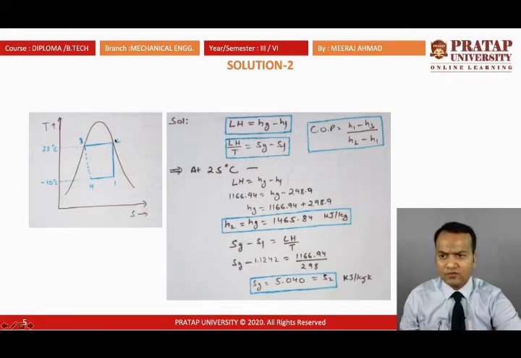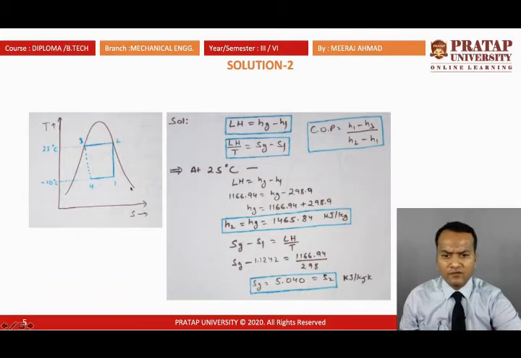So how can you find the enthalpy of saturated vapor and the entropy of saturated vapor? Latent heat is equal to Hg minus Hf, and latent heat divided by temperature is equal to Sg minus Sf. So Hf is given, latent heat is given, you have to find the Hg value, which is on the saturated vapor line. Here also latent heat is given, temperature is also given, Sf is given. You have to find the Sg value, such as entropy at saturated vapor. You have to find it from this formula.